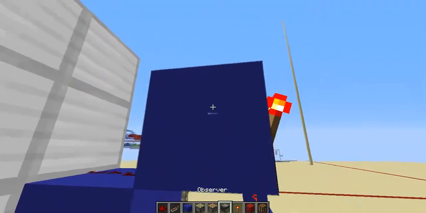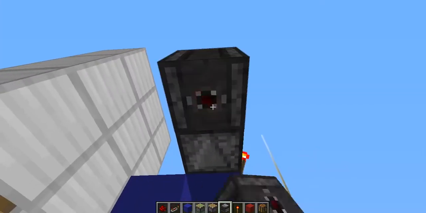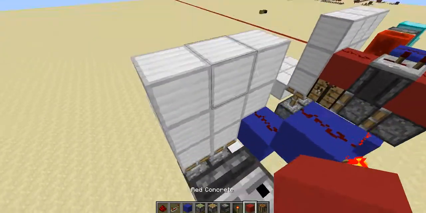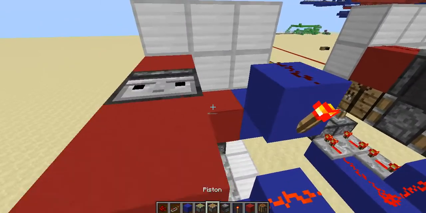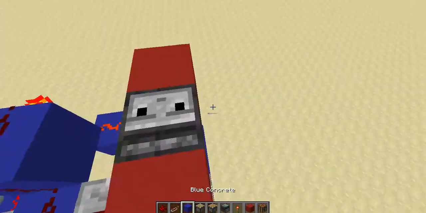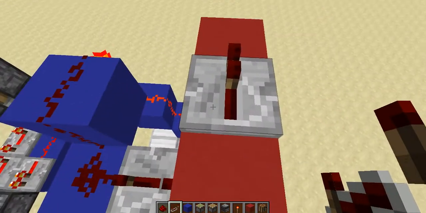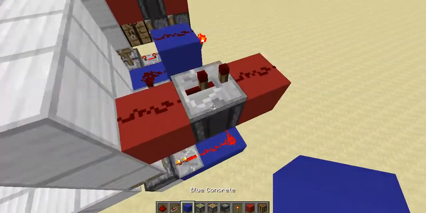If you're in 1.12, you'll want to place in your observer right now, right there, otherwise it will probably break everything. And then you'll want to place in a block there, and there, with a redstone torch there set to 4 ticks, then a redstone repeater, not a redstone torch, a redstone repeater here set to 2 ticks, with redstone dust there, and there,